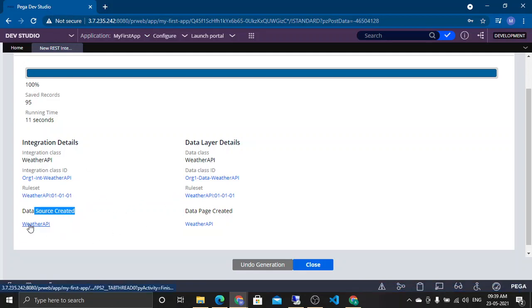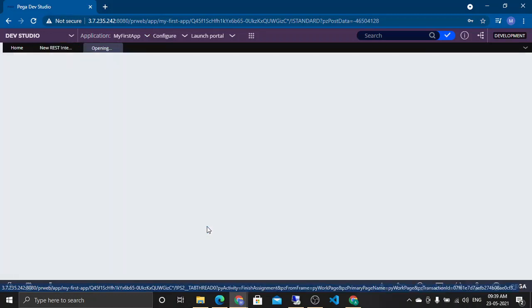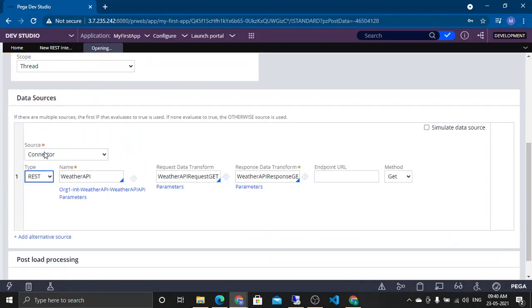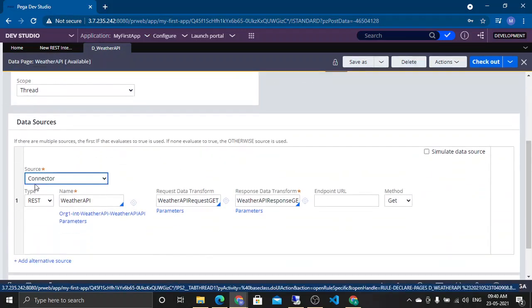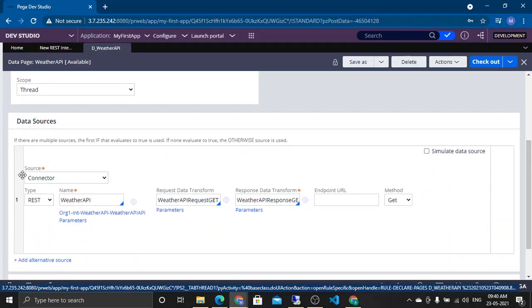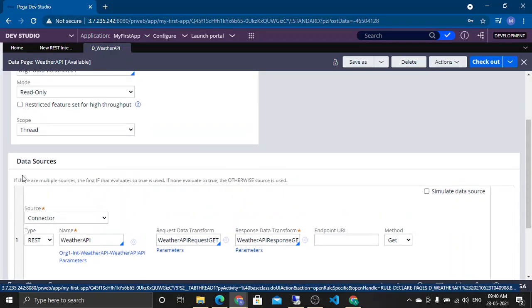Yes, so it is using the same rule set for all the applicable rules. The data source is created, and this is the data page. A data page has this source column, right? This one we already discussed, and we also discussed the lookup and the report definition. Mostly lookup is one to one, report definition is multiple records.